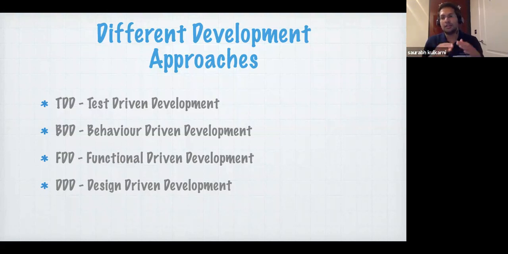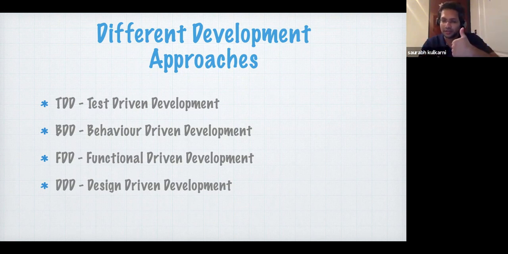Similarly, for achieving code quality, you will be able to use different approaches, and the two predominant approaches that are widely being used in the market are TDDs and BDDs. Nine out of 10 are using TDDs and BDDs. So what are all the approaches? Let's see one by one.